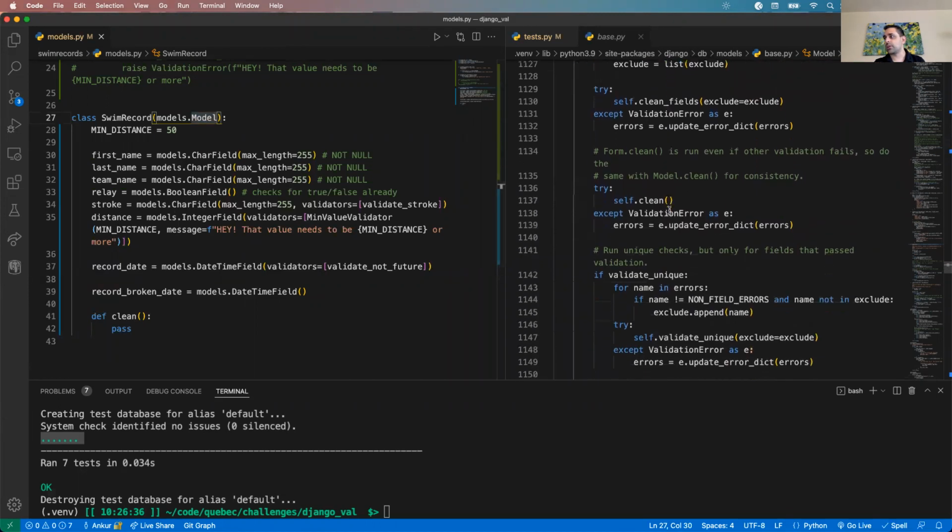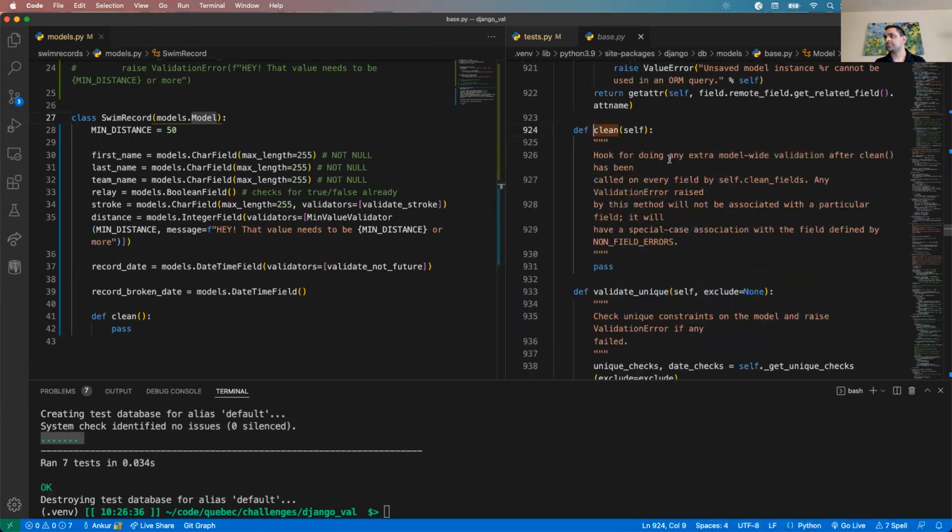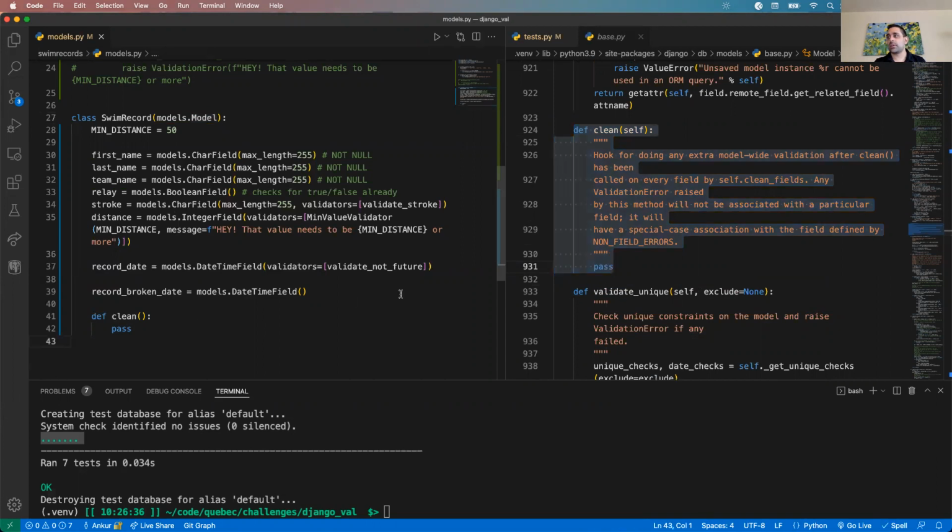So if we actually looked at it, it's somewhere down here, self.clean. If I went to that, this is the model's clean function. In this case, there's literally nothing going on here, but this function exists. This function is called by the full clean method. The reason I can hook into that is because I am naming this function the same as this function right here. Obviously, I need a self. That's what I forgot. Because these functions are named the same, when the base class calls the